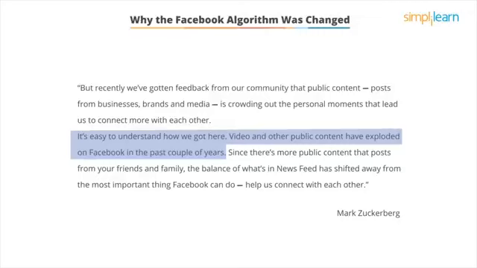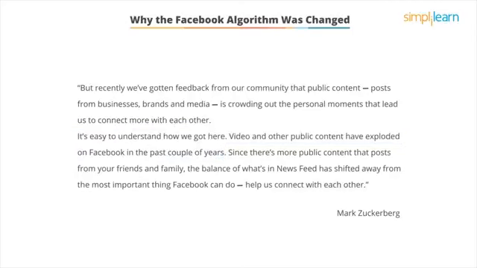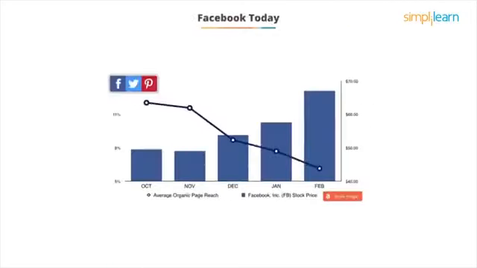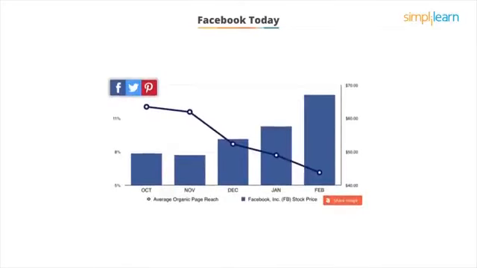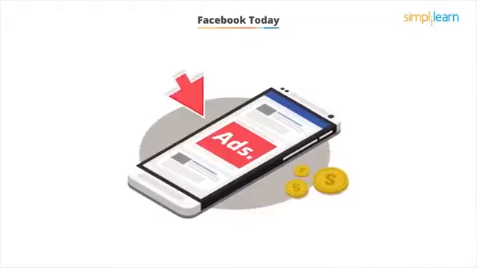And all this pollution of the Facebook newsfeed is driving Facebook away from the most important thing it does: helping people to connect with each other. To cut a long story short, Facebook has dropped organic reach to less than 3%. And businesses now understand that they have to pay to play, or in other words, use Facebook advertising to reach